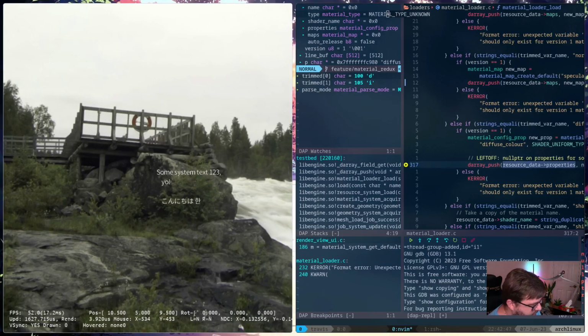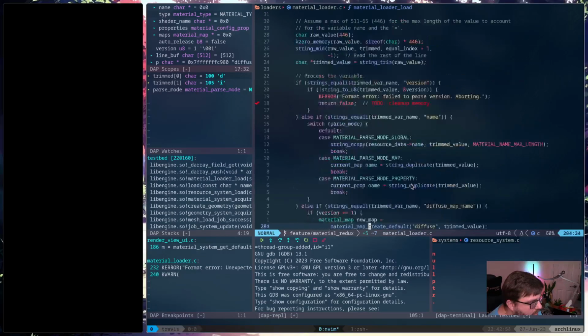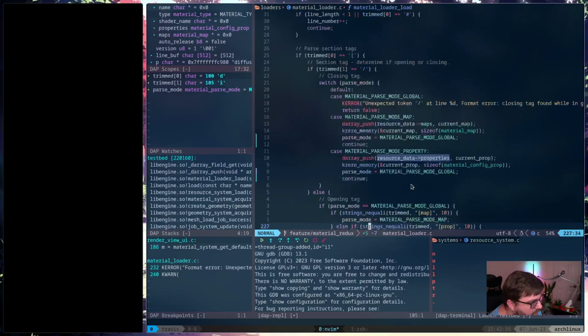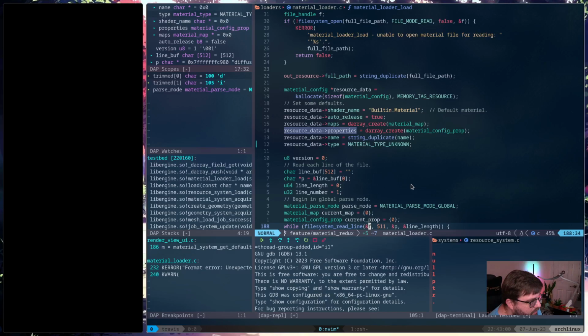This is probably going to be some stupid typo that I have in here somewhere. So let's see. What on earth is actually zeroing this out, I wonder?